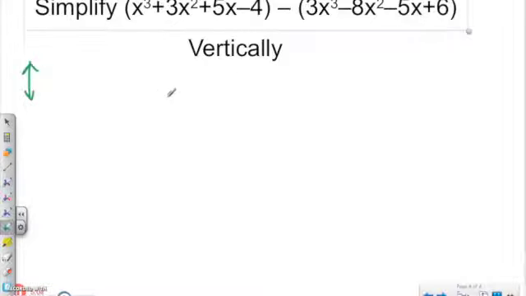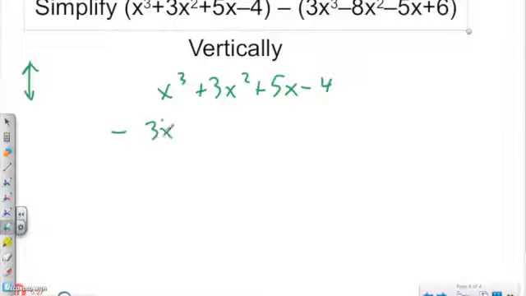So what I'm going to do is I'm going to first write my very first term. And that is x cubed plus 3x squared plus 5x minus 4. And now I'm going to set up like a subtraction problem, kind of like you've seen in elementary school or middle school. I'm just going to move my minus sign down here, and I'm just going to rewrite my second expression there. I have my 3x cubed, I have my 8x squared, I have my negative 5x, and I have